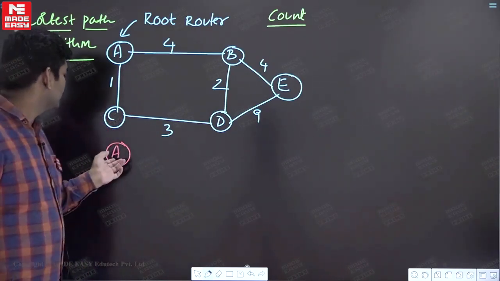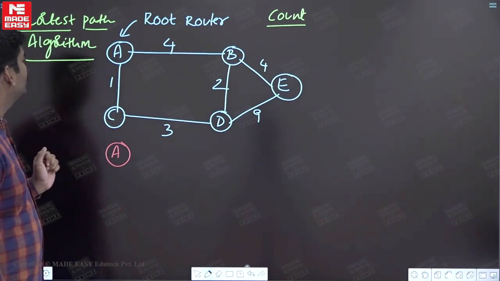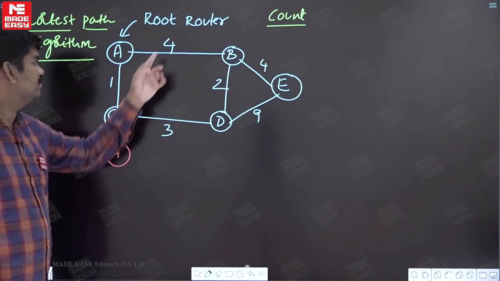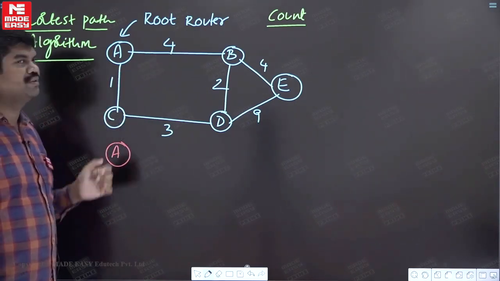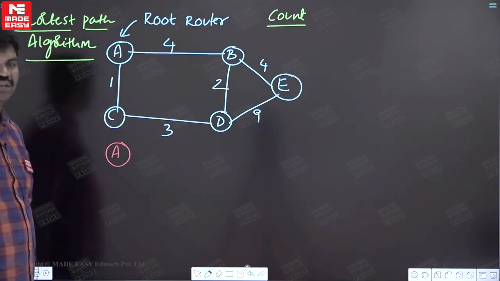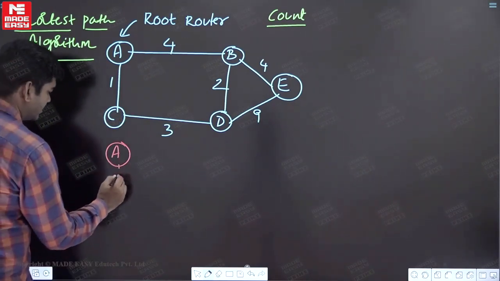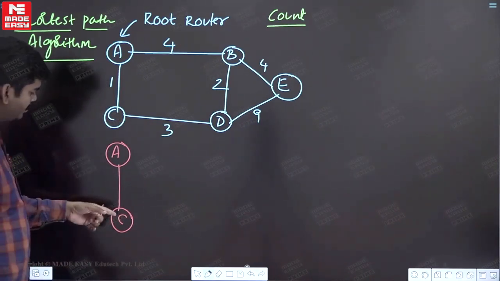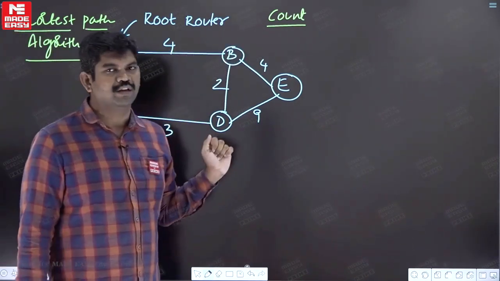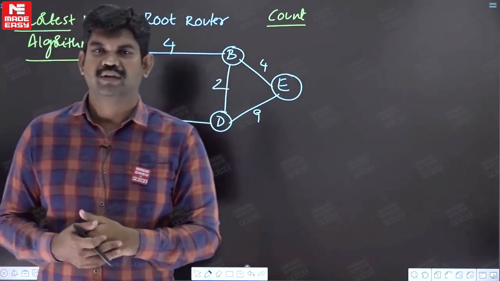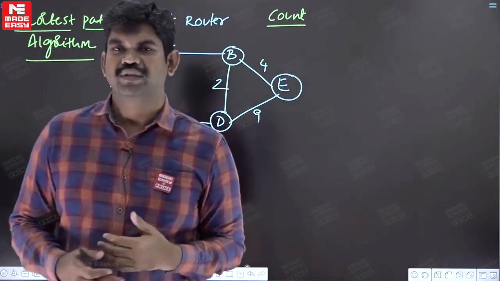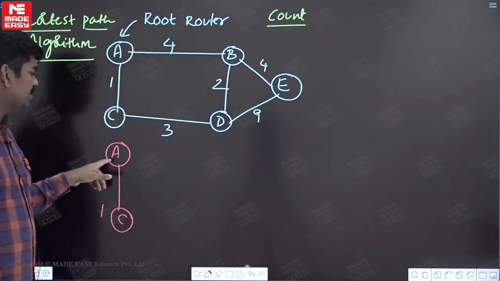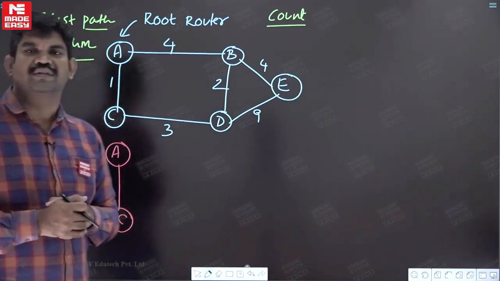How to start? From router A, who are the neighbors? You can see B and C, with values 4 and 1. Out of 4 and 1, which is smallest? 1 is the smallest, so you traverse to C. This is value 1. As you visit a new node, the count value is decremented. When the count is decremented, it indicates that 1 node is already visited. So at this point, from router A to all routers the distance is infinite,